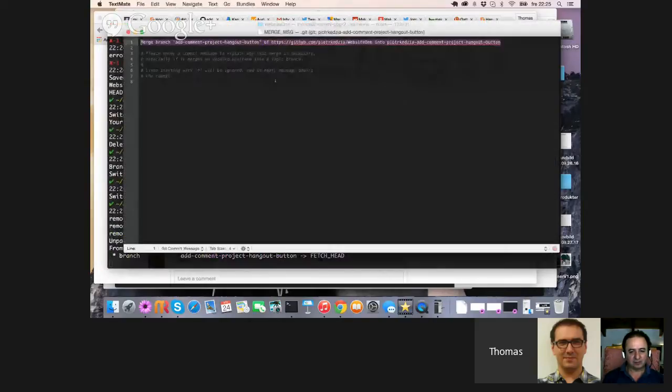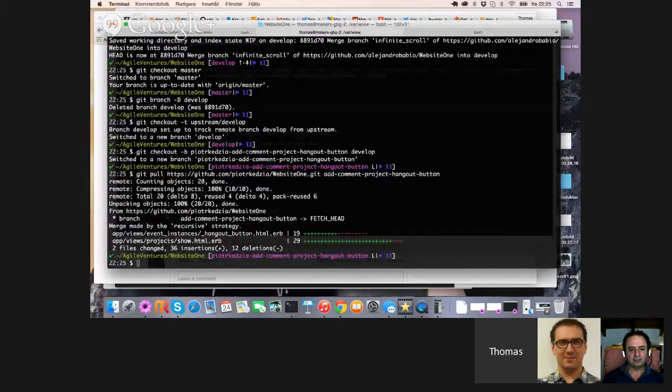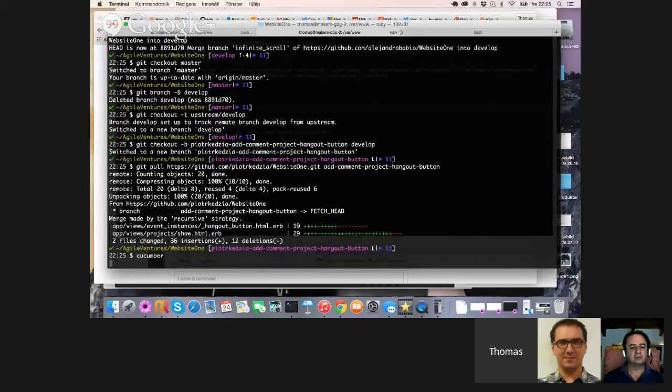Not many changes to any Cucumber. Let's run those. Did you add any tests to the Cucumbers?